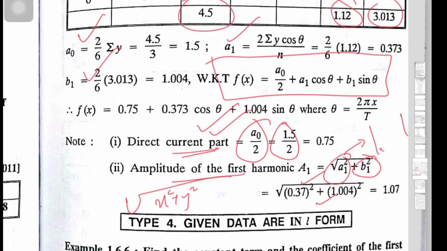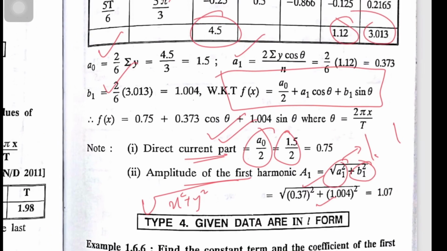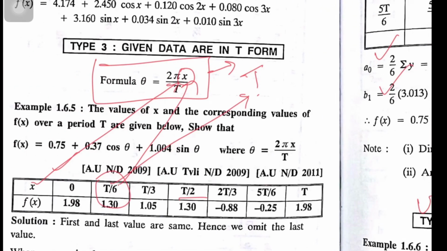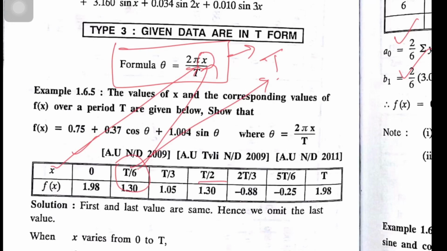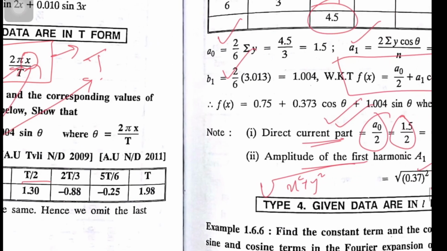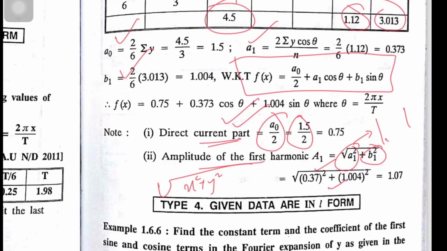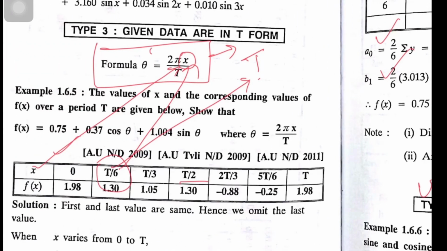So when you're doing this, just hear my lecture, then pause the video, see the question, and then you start doing this. Then it will be clear. Pause the table, everything, then do it. The only new thing here is the formula in the table. When t comes, we will use 2 pi x by t. That is the only thing. So in place of x, you put t by 6 or whatever it is, and get our theta value done.